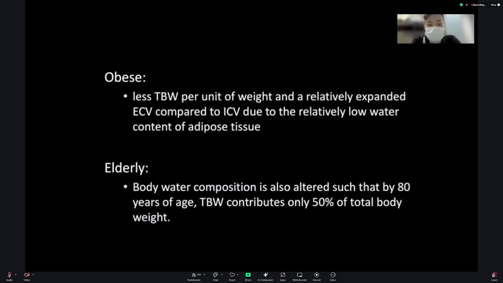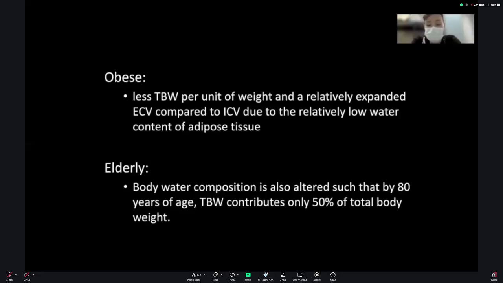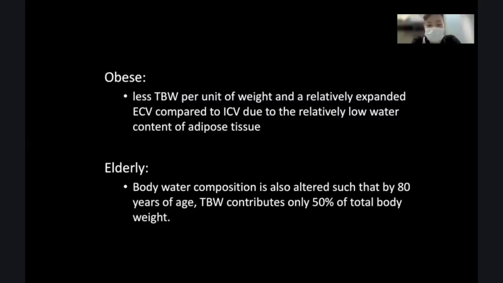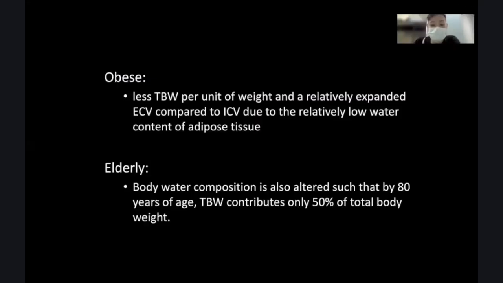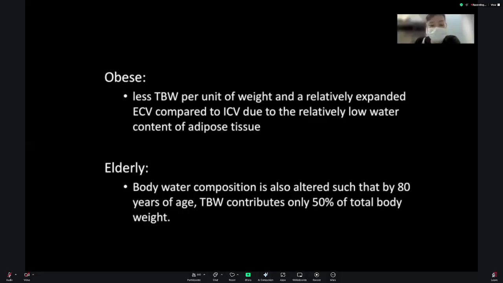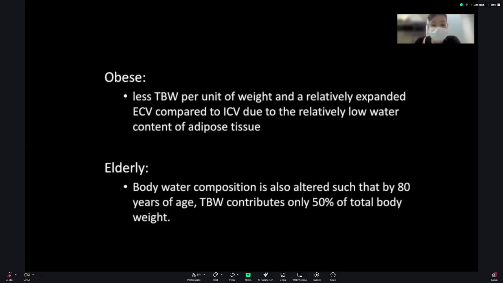Why? Because for elderly, there is already atrophy of muscles, and the majority of water is inside your muscle cells. That's why there is a decrease in the total body water for elderly. At the same time, there is an increase in fat content in the elderly population, and due to decreased food intake,